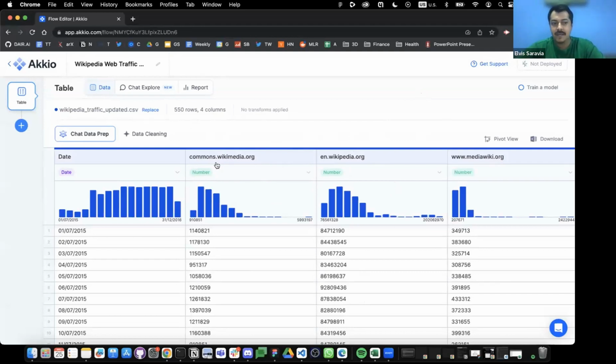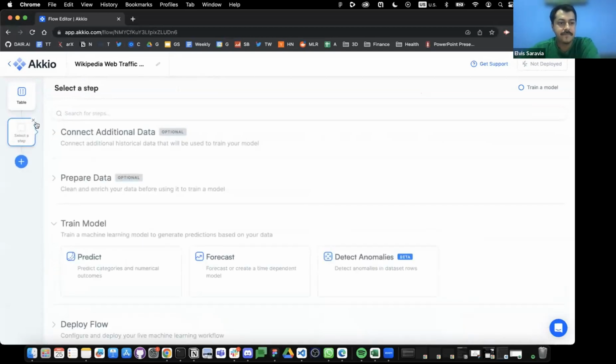Okay, once that's ready, the next step in the workflow, right? So here on the left-hand side, I can just select the next step. The next step is to do the actual forecasting. You also have this neat feature to detect anomalies, which is related to forecasting. It's very helpful to understand if your data set has anomalies, but I'm going to focus on forecasting here.